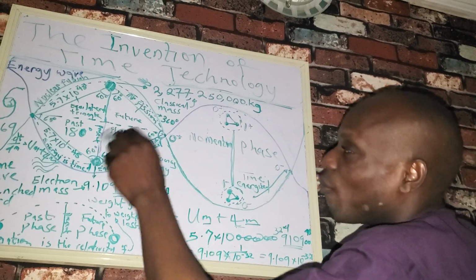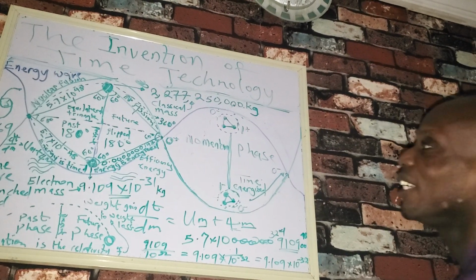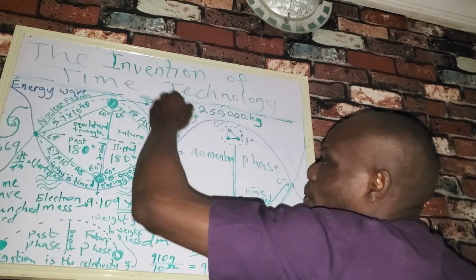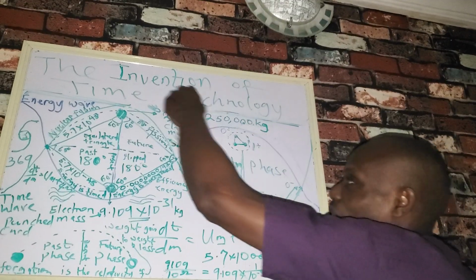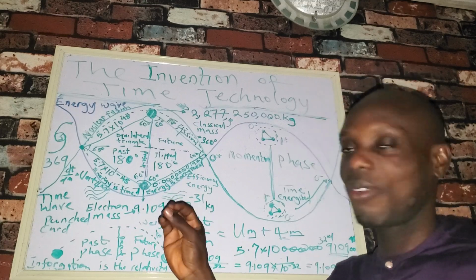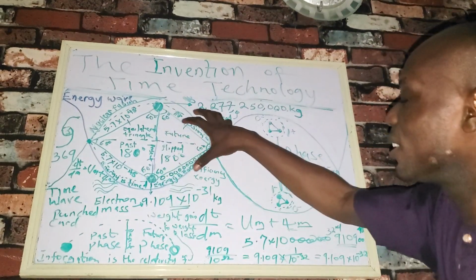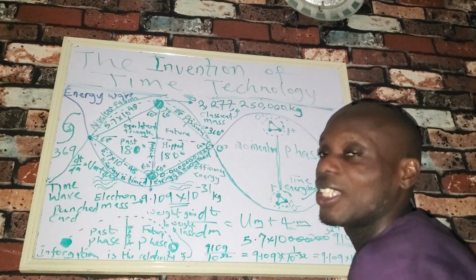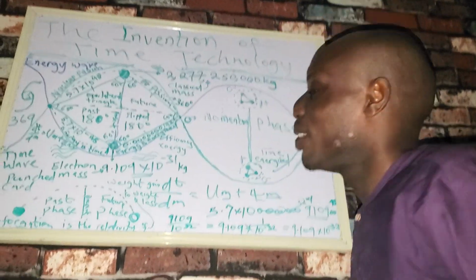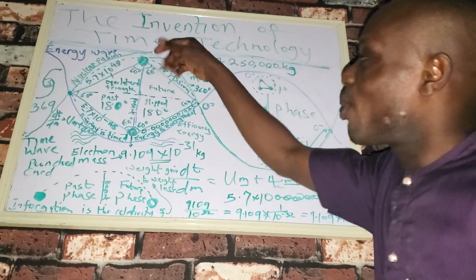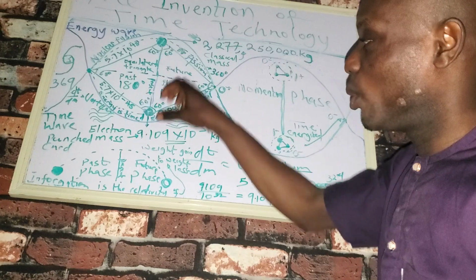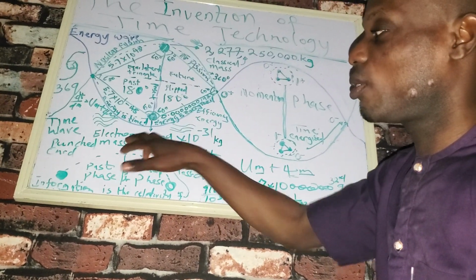So in order for us to have the cyclic formation of infinity, which, when you look at this diagram now, it serves as infinity. For us to have the complete circle of that infinity, then 3 is the ideal value. 3 is the ideal value. Now, when we look at this diagram, we see that when we travel beyond the limit of time energy wave model, we get the actual value of electron mass.